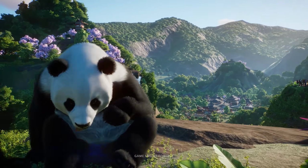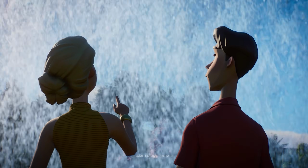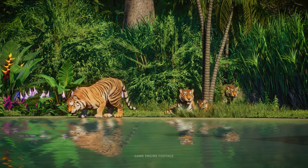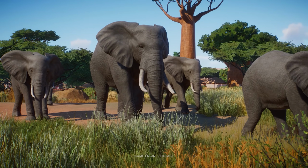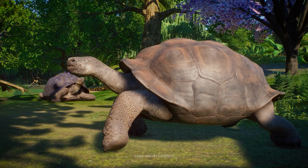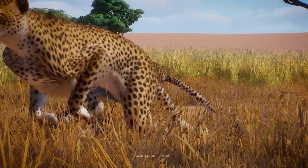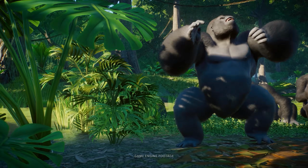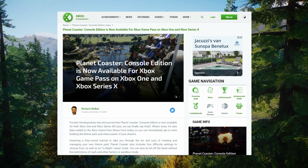I have no idea if there are things like a Game Pass on PlayStation or how much that would cost. I have not seen any Planet Coaster announcements of the console edition going to some kind of Game Pass on PlayStation, so I really have no idea about a PlayStation. But if you are on an Xbox, it's definitely good to be aware of the fact that you might be able to also play it with your Game Pass at launch day,